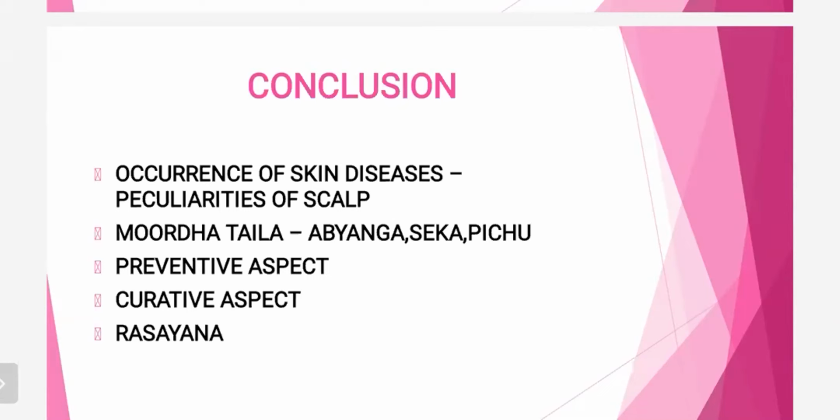So in the preventive aspect, if we are following the Dinacharya, meaning the Abhyanga is there, then the Pratimarsha Nasya is there, or if we are properly following it, there is no need to follow everything in the Dinacharya. If we are applying the proper oil on the head, then the majority of diseases can be prevented. And in the curative aspect,